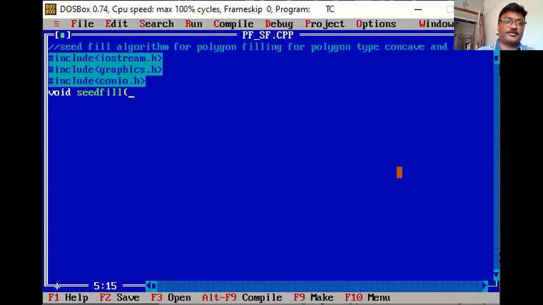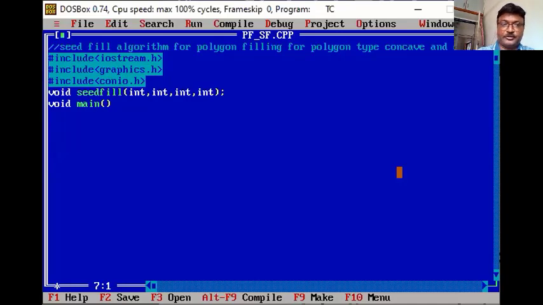So 4 parameters here: int, int, int, and int. This is my declaration of the function. Now here I have to use the semicolon. Okay. Void main is my main function.